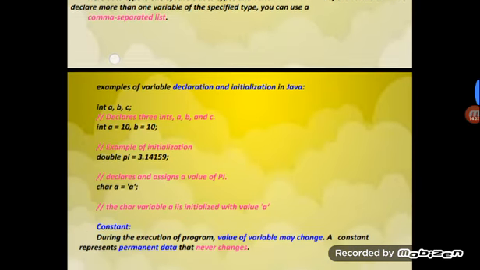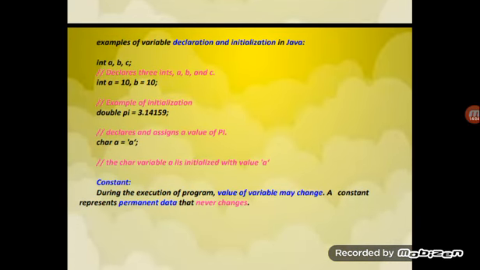This is the data type, variable and value. Now some more examples of how to declare a variable and how to initialize its value in Java.